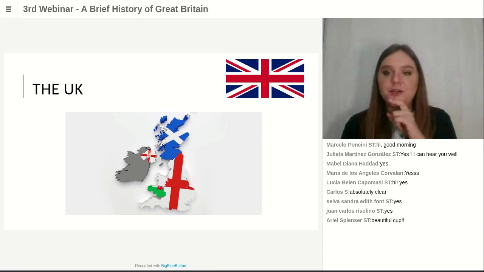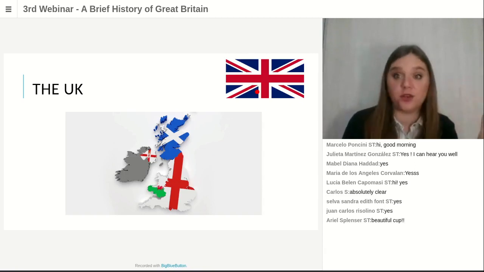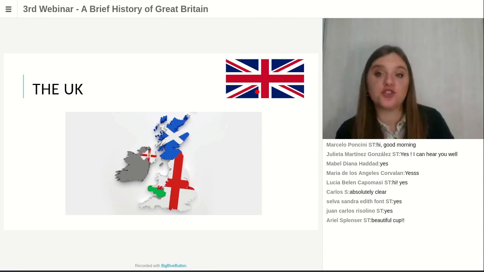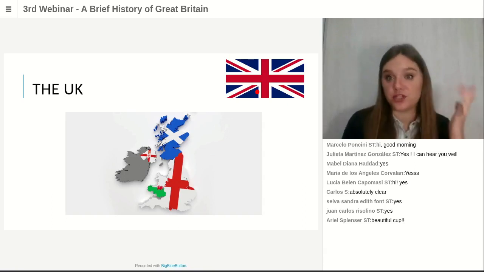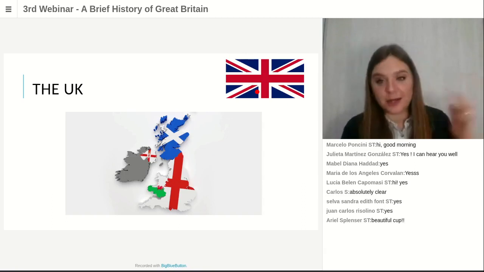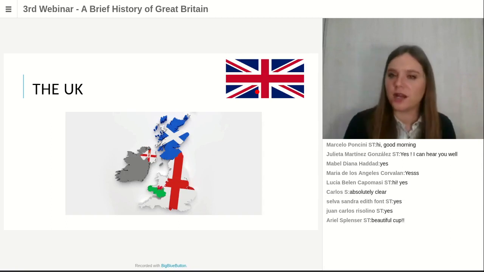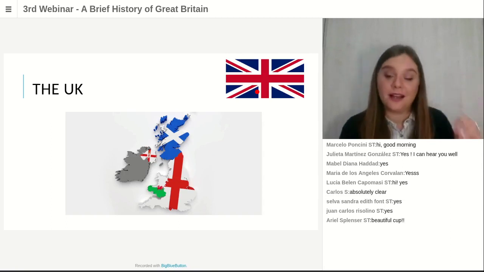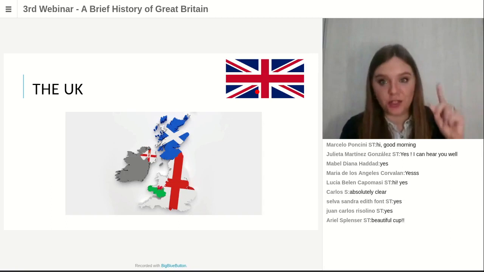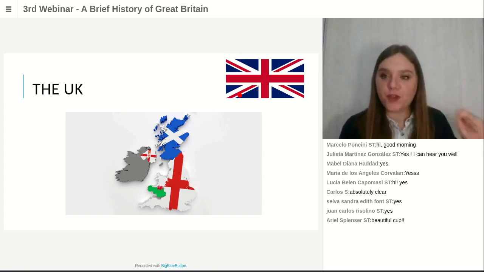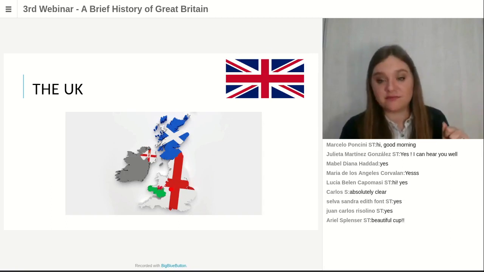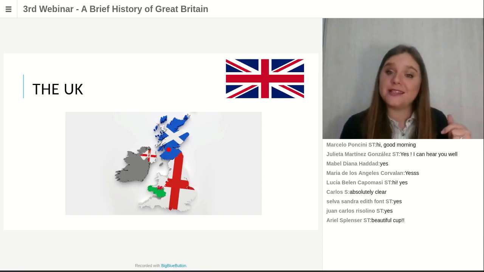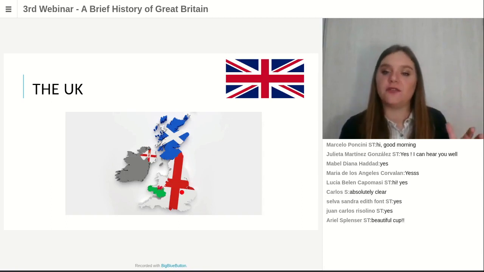But if you have a look at the flag, yes, this flag is called the Union flag, or the Union Jack when it's on a ship at sea. Otherwise, it's called the Union flag, though it's more commonly called the Union Jack, but officially it's called Union flag. It is formed, it's not very clear maybe, by the combination of